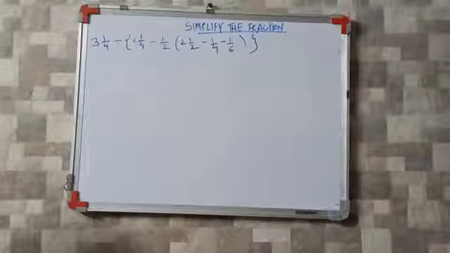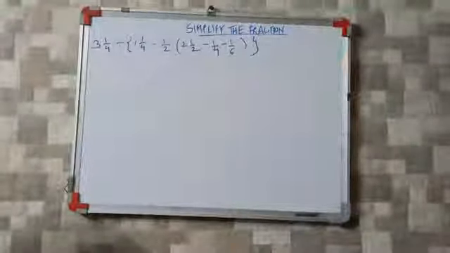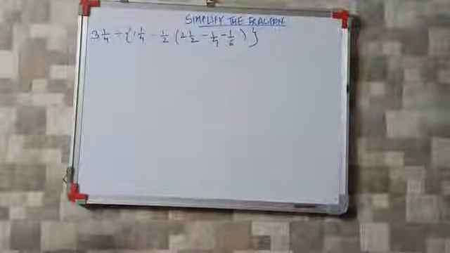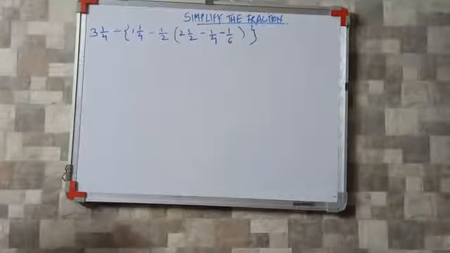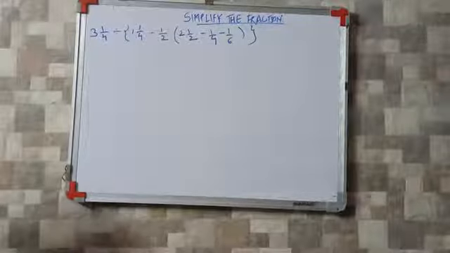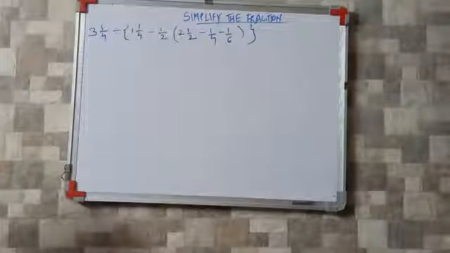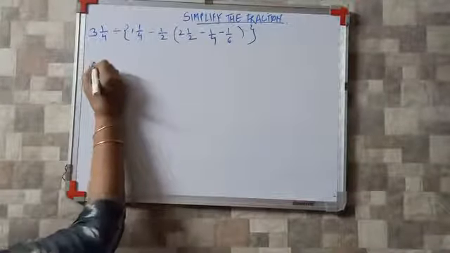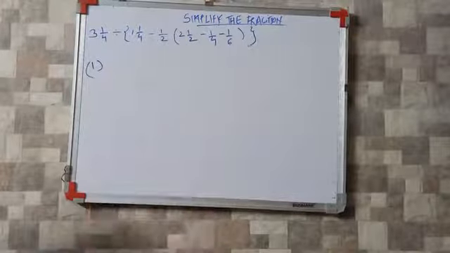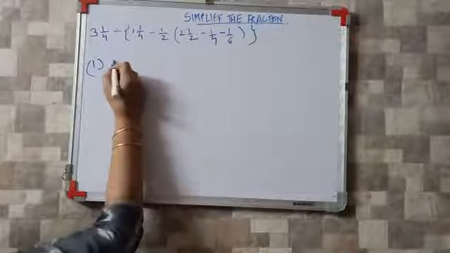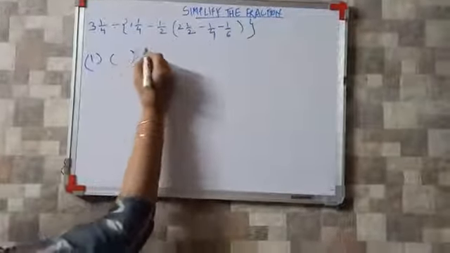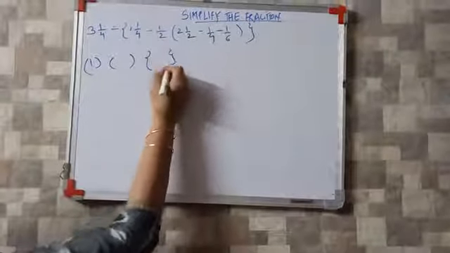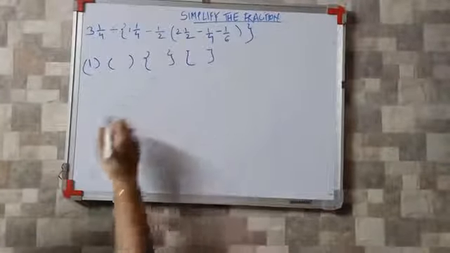Before explaining the question, first, how will we simplify the fraction? There are some rules which we have to follow. The BODMAS rule. According to the BODMAS rule, first, the brackets have to be solved. Priority wise: small bracket, curly bracket, big bracket.